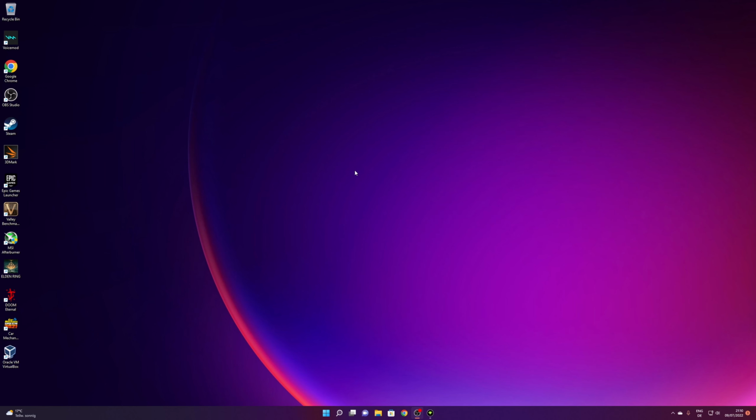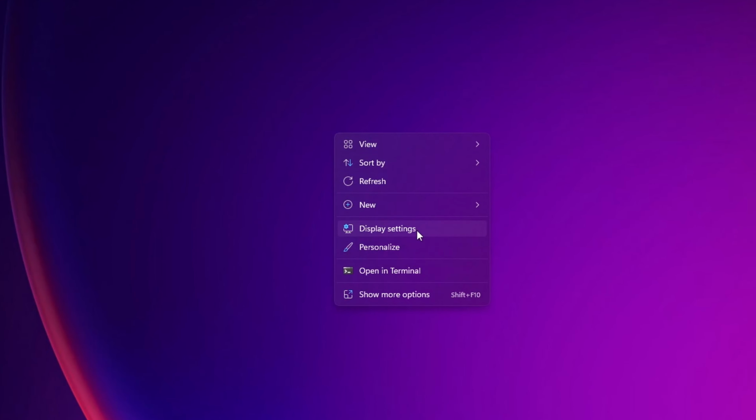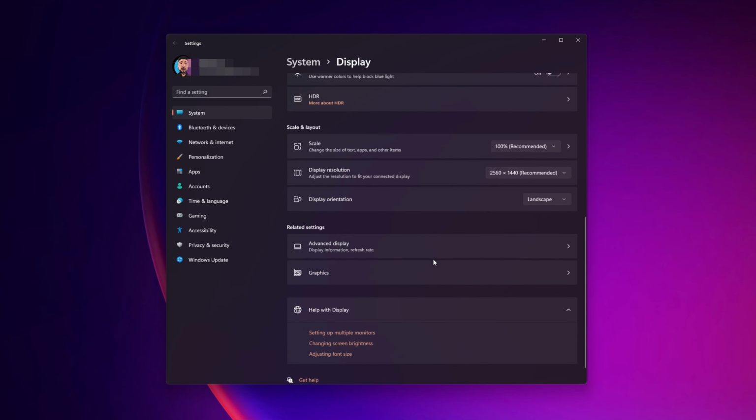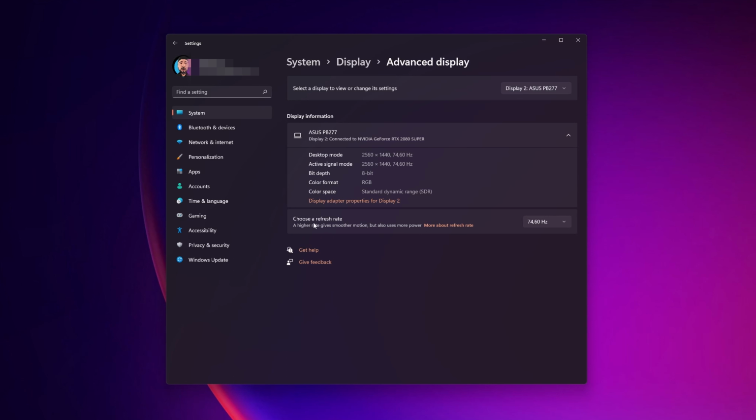Right-click anywhere empty on your desktop and go into Display Settings. In here, scroll a little bit down until you see Scale. If you haven't already, set this to 100%, which is the recommended one. And for the display resolution, choose the biggest one recommended for your system. Now you want to click Advanced Display. And again, in here, you want to choose the refresh rate. Again, I recommend that you choose the biggest one that you have available so your games run more